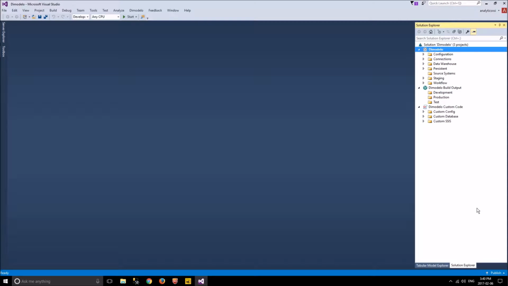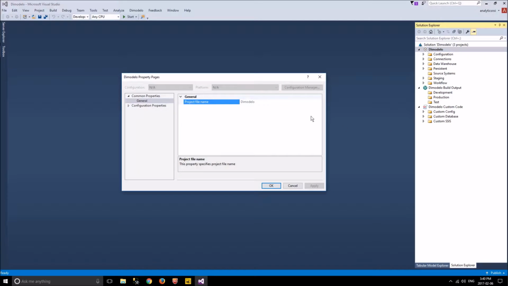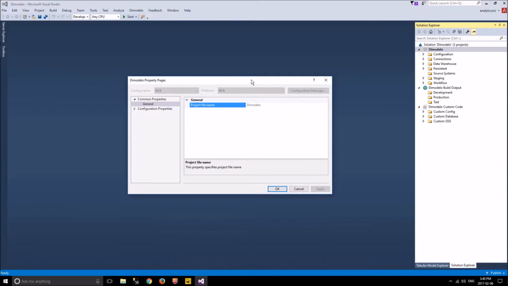So in this video, I'm going to show you how to configure some of the key properties that needed to be configured before we actually start creating our staging, database, and data warehouse. So I'm going to right-click on the solution called the Dimodelo that I created, and let's take a look at its properties, because we have to configure a couple of things before we start designing and creating our data warehouse